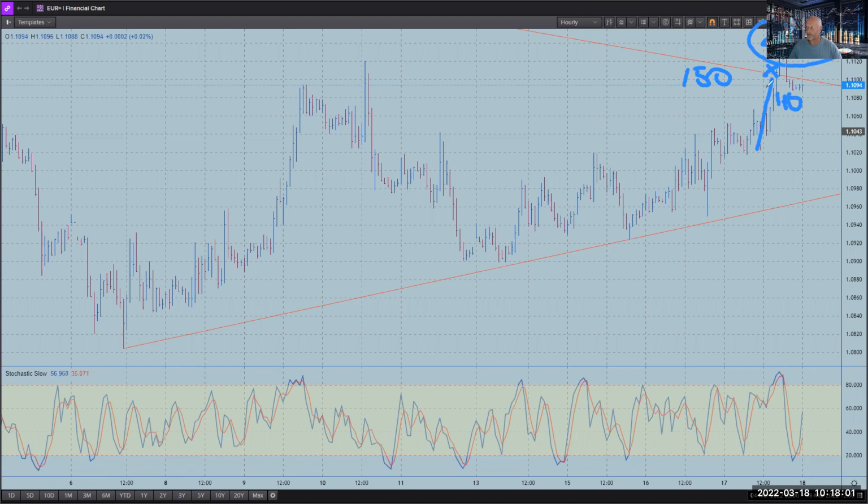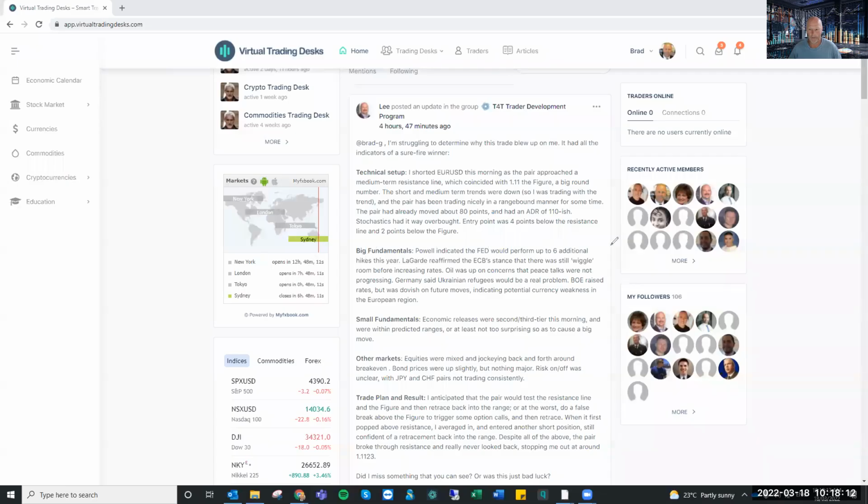That was enough to give the market a bit of hope to trigger those stops. And now, to me, everything else around what you were saying there, Lee, is correct. The Fed is talking about 6 additional hikes. This is looking good. To me, it's like a number of months ago, the US CPI numbers came out massively high and the dollar fell, right? The market was expecting that. So the market must have been expecting a very aggressive Fed statement.